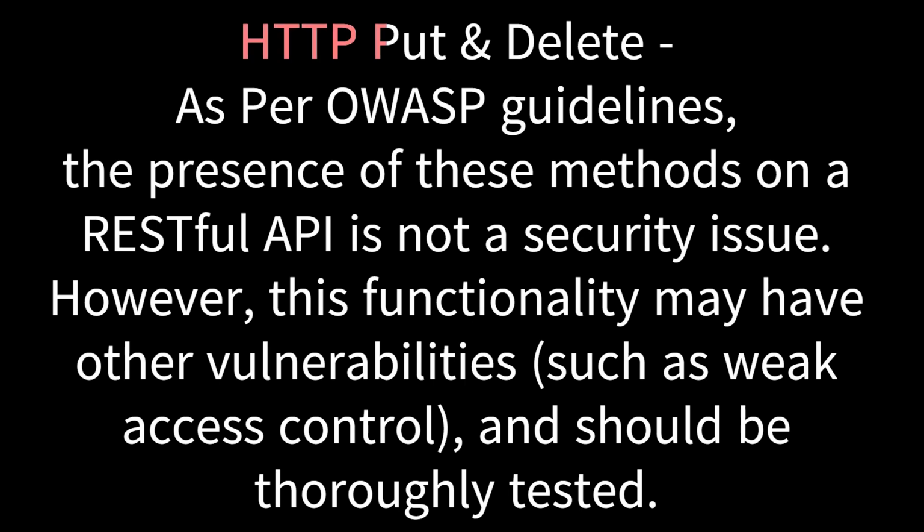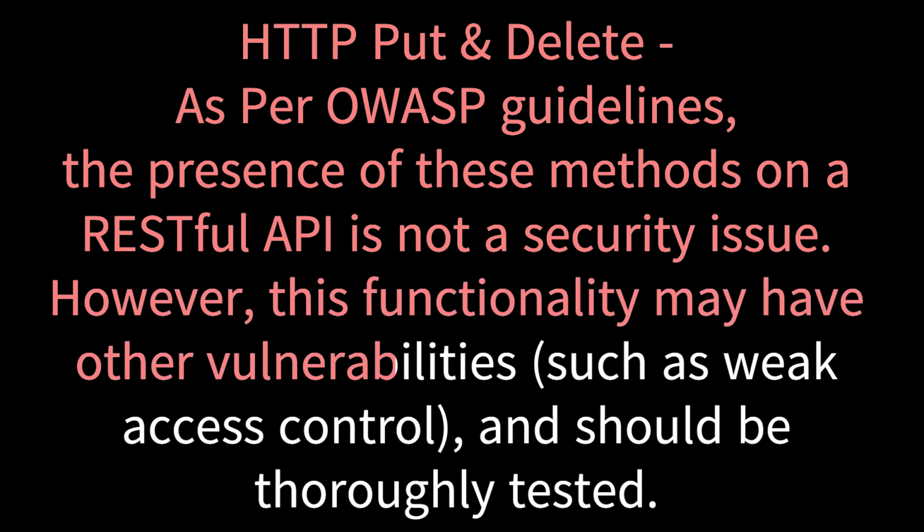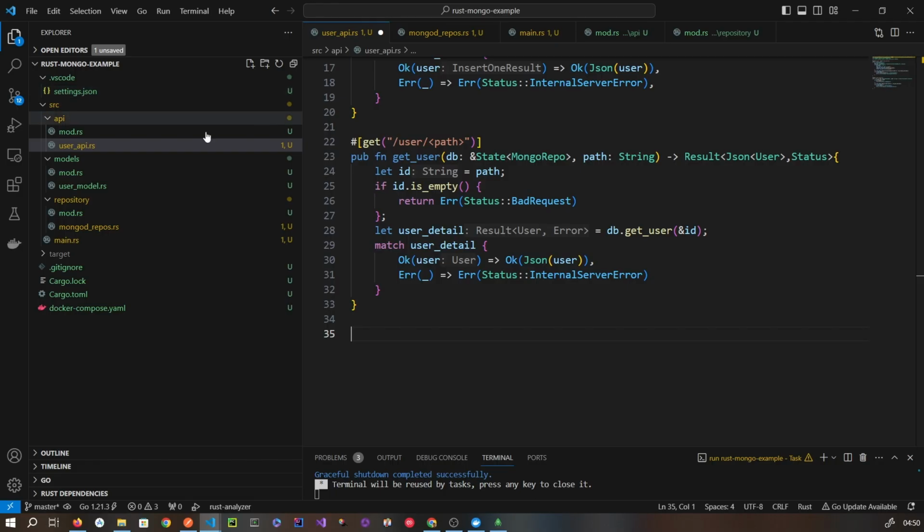We put and delete. As per OWASP guidelines, the presence of these methods on a RESTful API is not a security issue. However, this functionality may have other vulnerabilities such as weak access control and should be thoroughly tested. Right? Yeah. So we will be using put